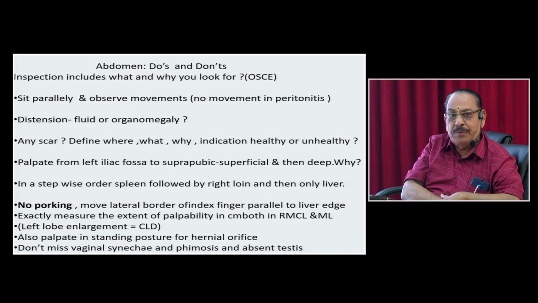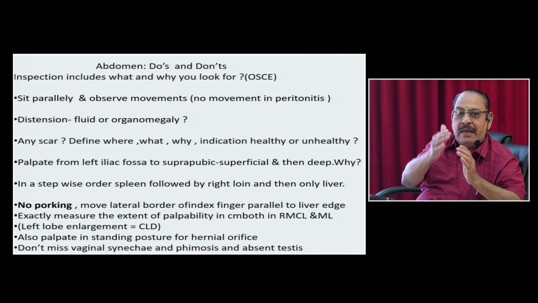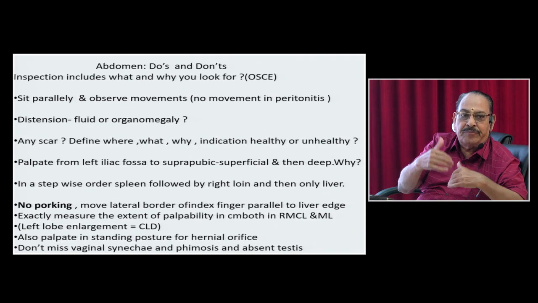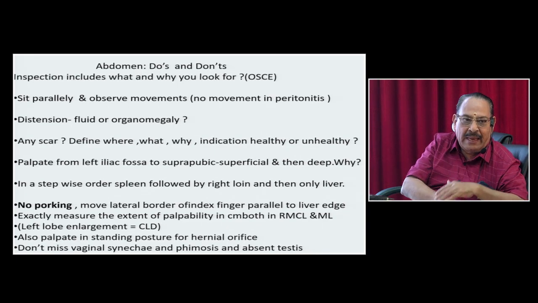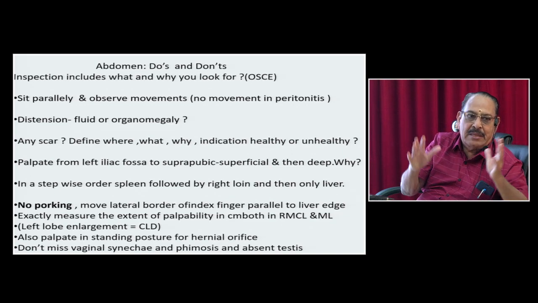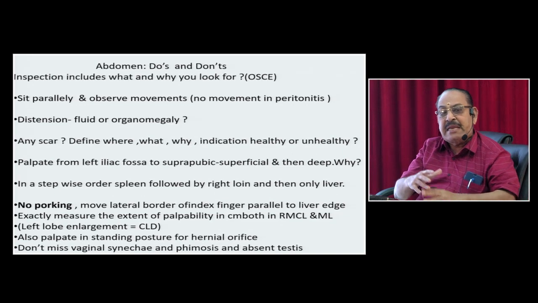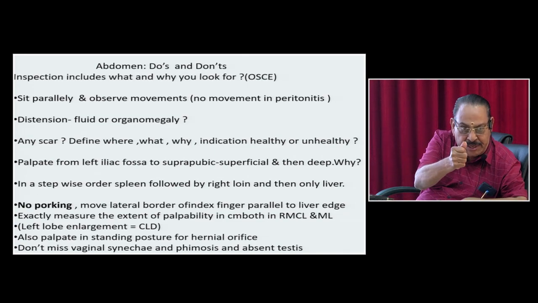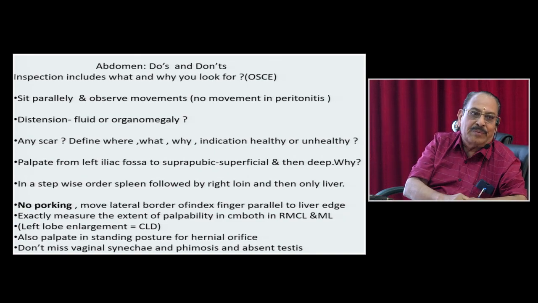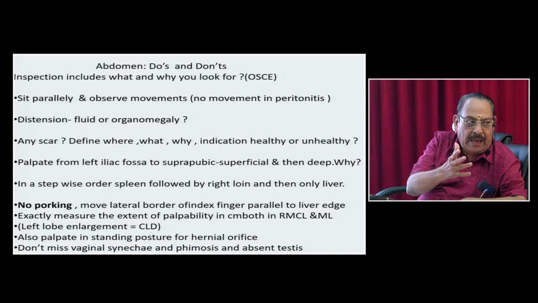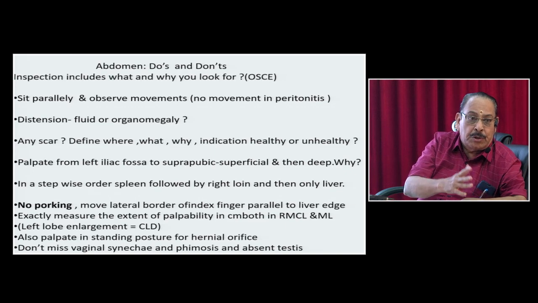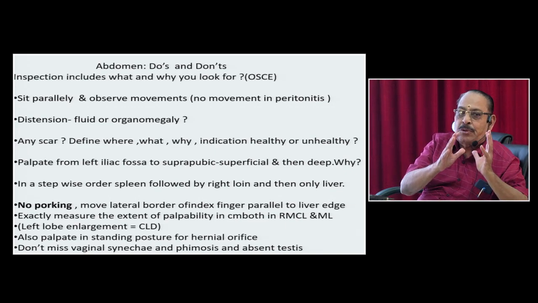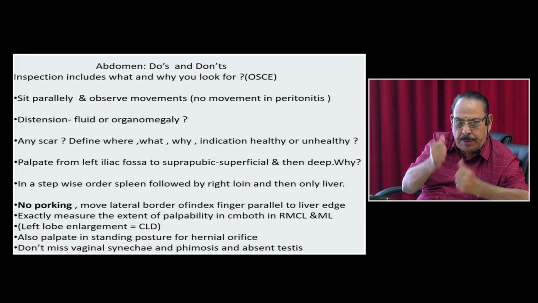Umbilicus usually in the midline, neither goes up nor comes down. If it goes up, ovarian. If it comes down, probably organomegaly. But that does not happen when there is a massive ascites. When the ascites comes massive, the liver shrinks. Spleen comes out. Splenomegaly, chronic, in extrahepatic portal hypertension or anything, usually doesn't come. Mother will say that particular child has got some heaviness on the left upper quadrant. That is all because of the pulling of the ligaments.